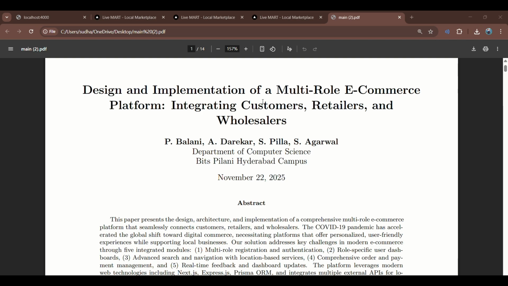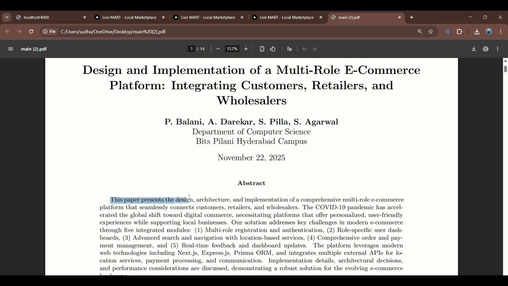Hello everyone. Today we are going to understand the design and implementation of a multi-role e-commerce platform called Bliss Mart, which we developed, which integrates customers, retailers and wholesalers. This paper presents the design, architecture and implementation of a comprehensive multi-role e-commerce platform that seamlessly connects customers, retailers and